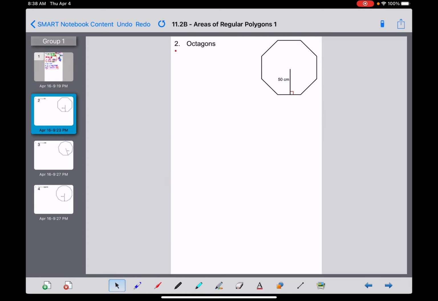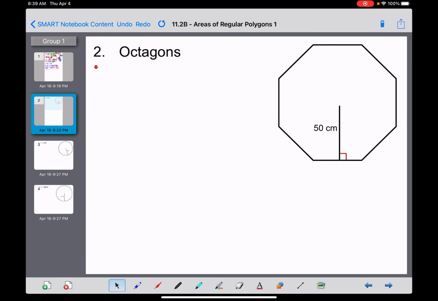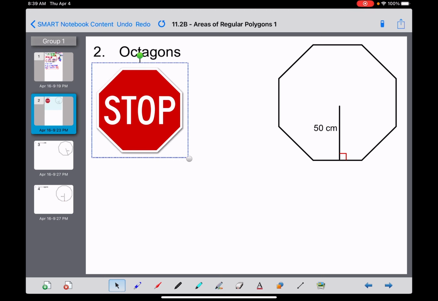So the next example we're going to do here is going to be an octagon. And in that one, again, I would start off by asking you guys, do we see a regular octagon out there in the real world? And I'm hoping you guys remember, as many of you guys are sophomores and you're in driver's ed, that a stop sign, which you see multiple of every single day that you're out in the world, is a regular octagon as well. Now, I looked up how big a regular stop sign was, and it gave me a weird number